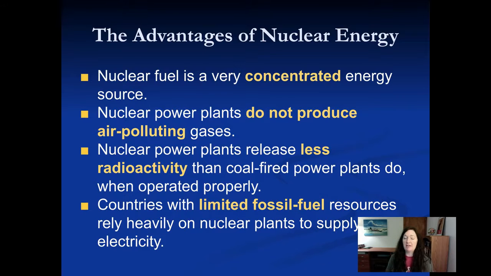And then countries that don't have a lot of fossil fuel resources, they don't have coal, oil, or natural gas, they rely on nuclear plants to supply electricity because you only need a small, small amount of the fuel in order to use that type of electricity. Now, some places have built nuclear energy in places that are not very smart to have them. I think we'll talk about nuclear accidents in a few slides here, but for example, Japan does not have a lot of access to fossil fuels, but they built their nuclear plant and it ended up having a meltdown when they were hit with an earthquake. So you need to build nuclear power plants in places that don't have earthquakes or don't have a lot of geologic activity.